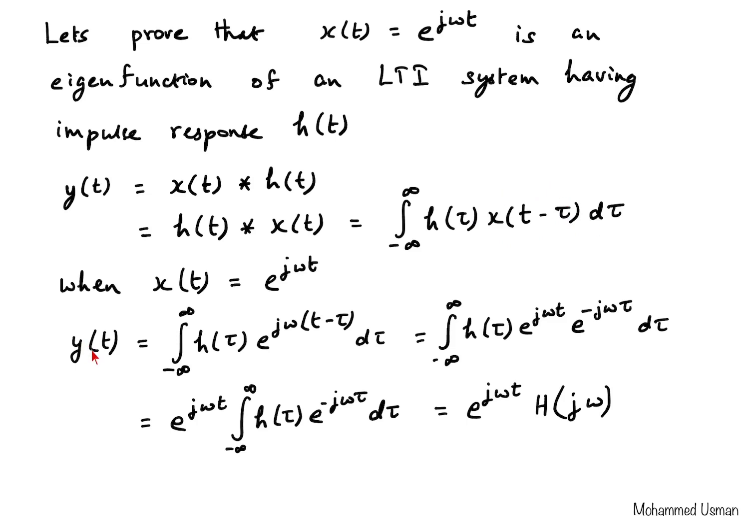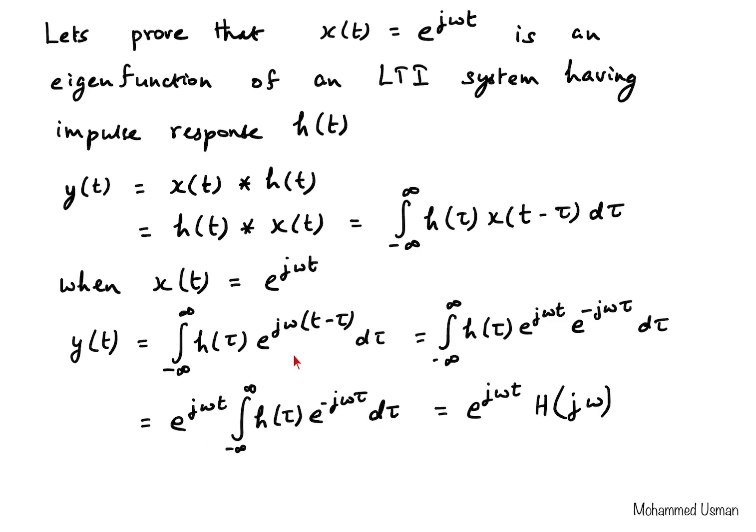So the output y of t is going to be the integral from minus infinity to infinity of h of tau times x of t minus tau, which becomes e power j omega, and in place of t you put t minus tau, d tau. So we can split this as e power j omega t into e power minus j omega tau. This integral is with respect to tau, so the component which has t can be taken out of the integral. So we have taken e power j omega t outside the integral, and we have the integral of h of tau e power minus j omega tau d tau